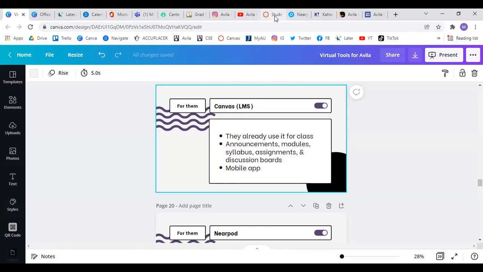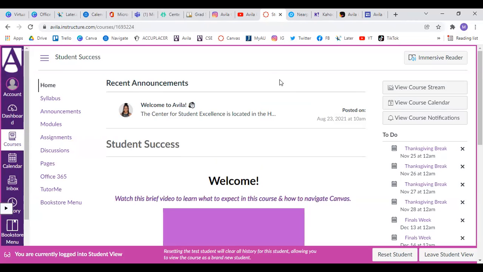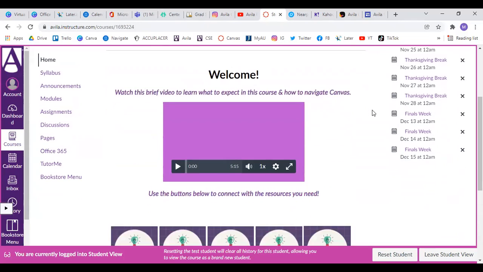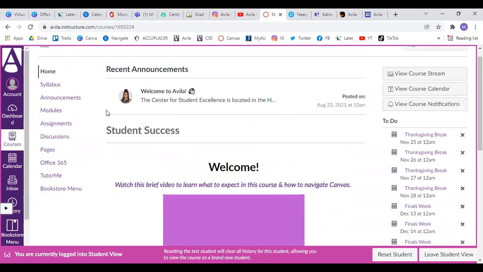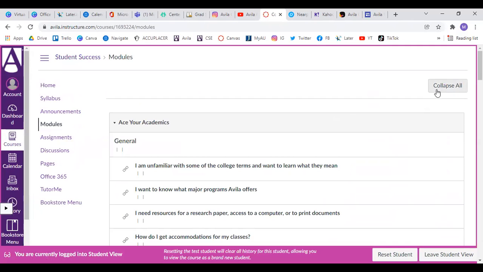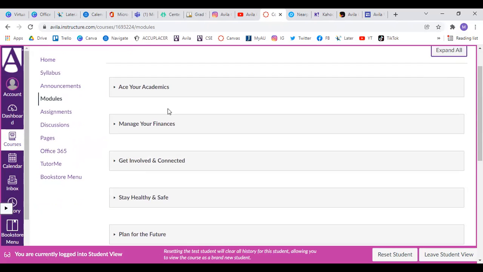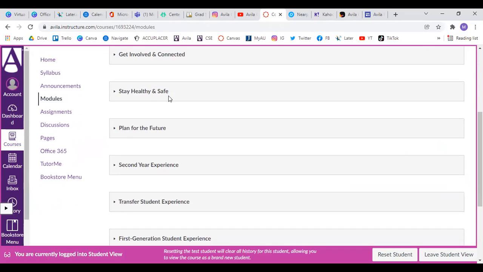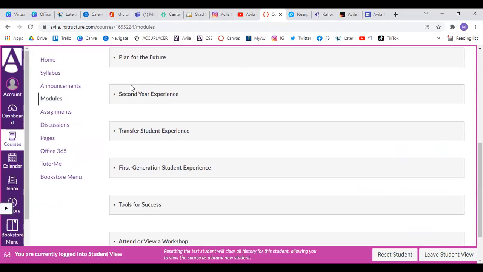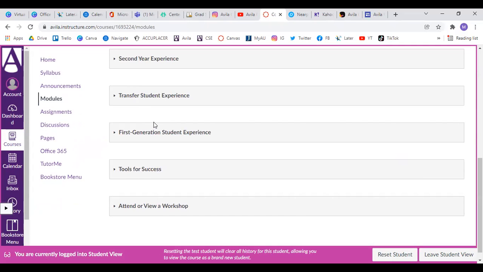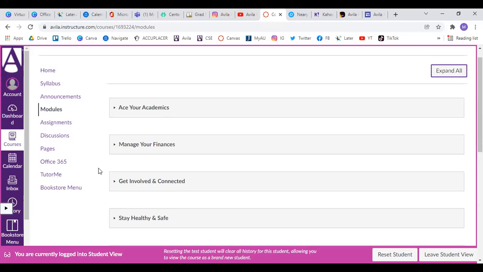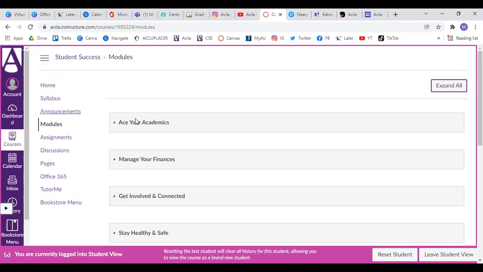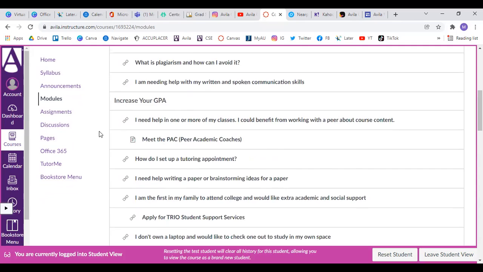We have a student success Canvas course that students can enroll in. It's a self-enroll course. We have different modules that are based on things that the students would need relevant information about. So let's collapse them all. We have your academics, finances, getting involved, staying healthy and safe, planning for the future, second year stuff, transfer stuff, first generation stuff, tools for success, and then some of those workshops that I mentioned on our YouTube channel. So just lots of great information and links that students can follow, videos they can watch,